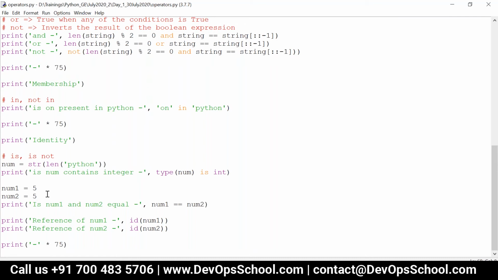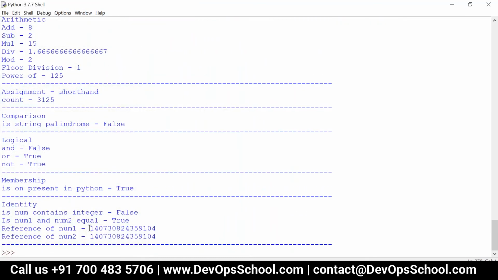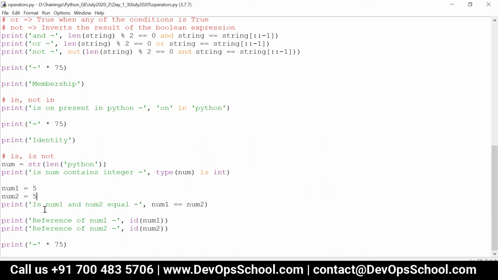It's a different case with collections like list and tuple. So look at this: same ID for both of these. See here, 359104, 359104.